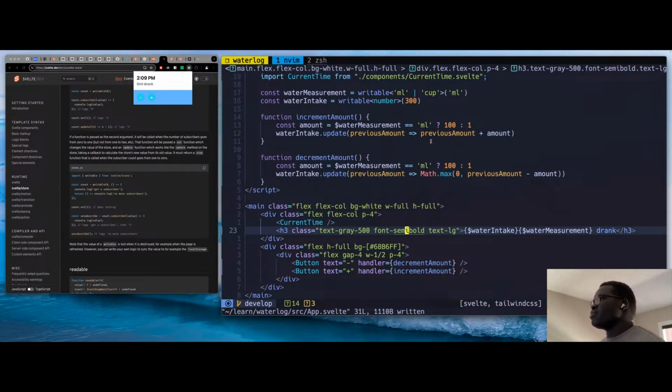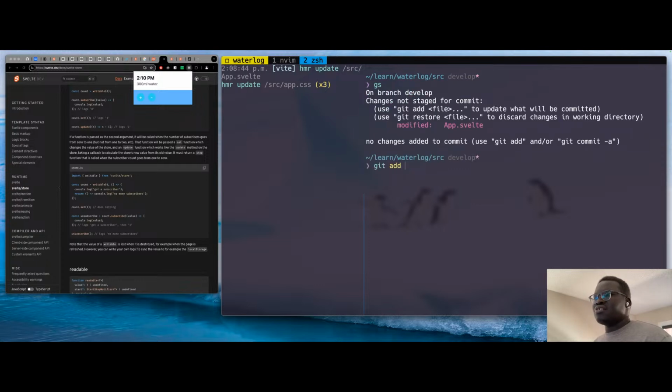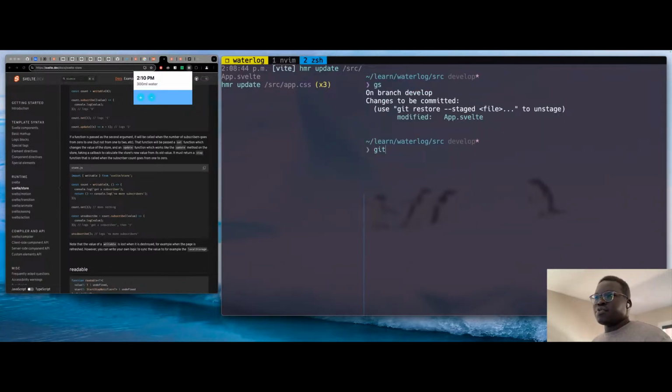Yeah, so we're making progress, good progress. So now we have to introduce the Chrome store, because otherwise as soon as we close this, I think it resets, right? We want to have this value stored on the browser. So let's first of all save this